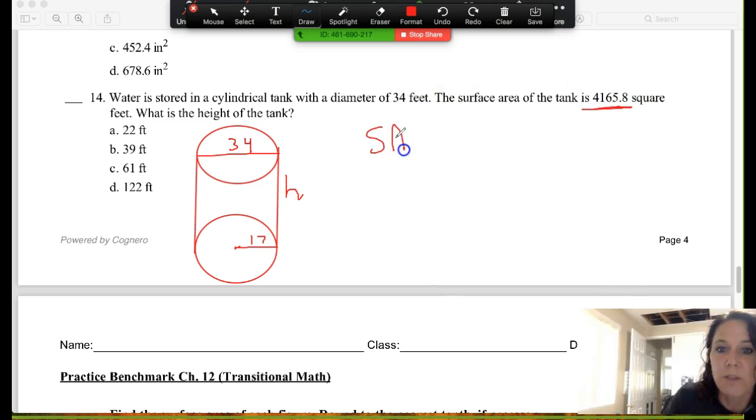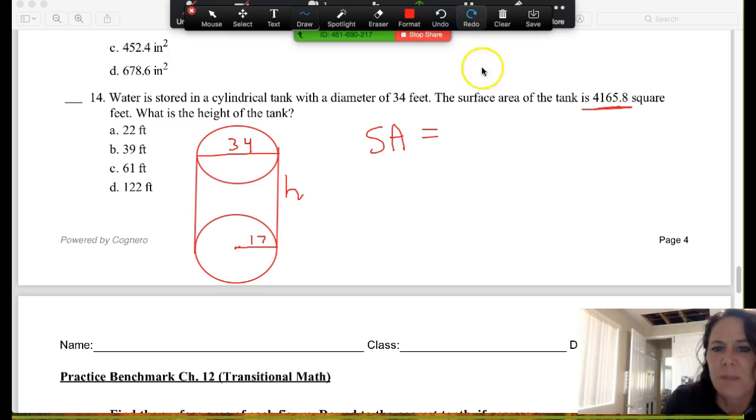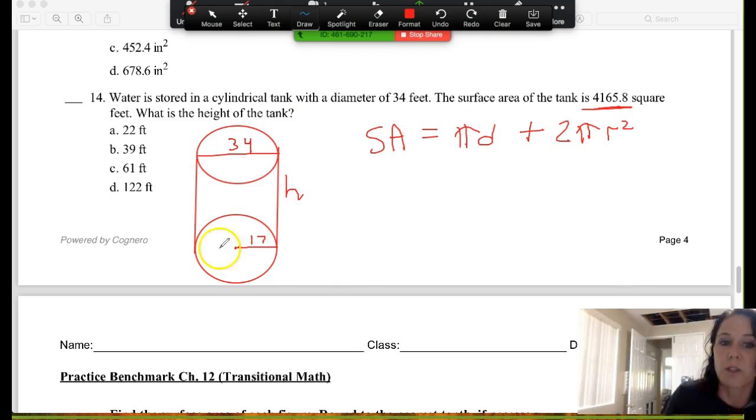Okay, so we know the surface area for a cylinder. Remember, if we slice it open and roll it out, it's the circumference times the height. That's the lateral area. So circumference is pi times diameter, or 2 pi times the radius. Now, because we have the diameter, let's just do pi times diameter. That's easier. Pi times diameter, and then plus the top and the bottom, plus 2 times the area of the bases, which are pi r squared. Okay, there's our formula for the surface area. They told us the surface area is